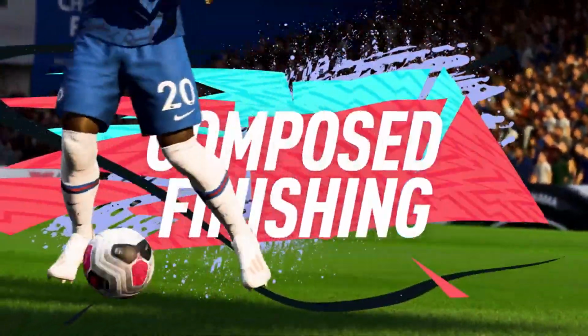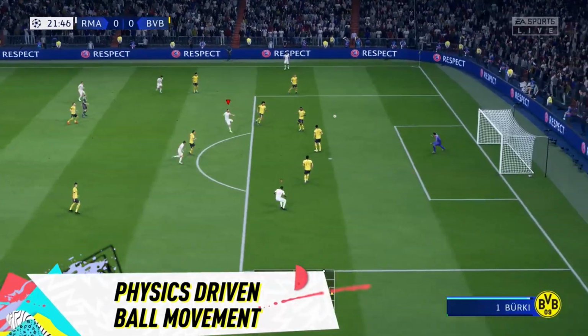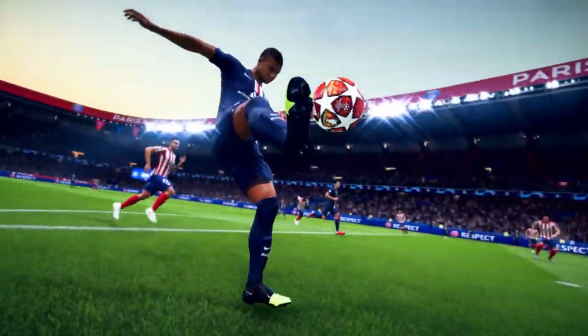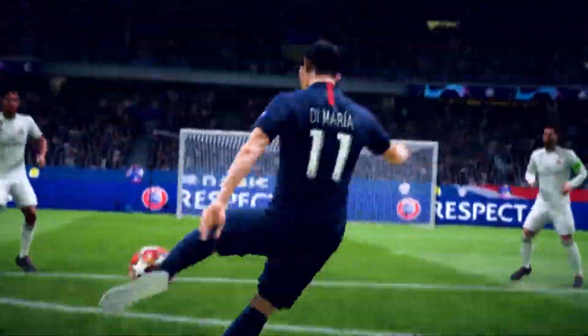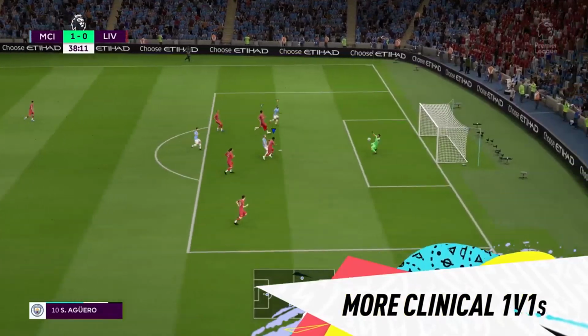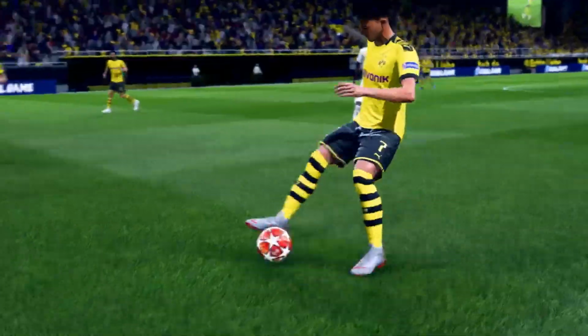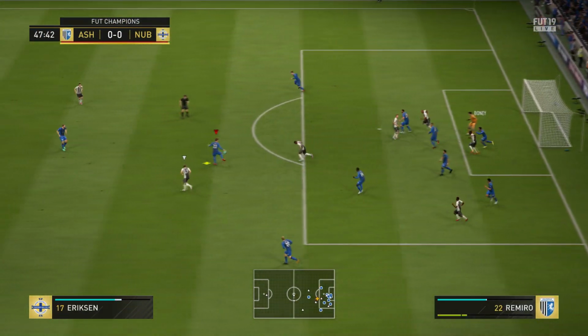Now, the last part of this trailer is the new composed finishing. Now, this is something that is really cool and exciting because one thing that we've been begging for in FIFA 19 is consistency when it comes to one-on-one chances, and EA time and time again just decided to ignore us. Now, I'm not exactly sure how composed finishing works. I don't think it's something you have to do. I think it's just something that's built into the game, but I think it just allows for, you know, more clinical shots. That's what it's saying, and you're going to convert more chances when it comes to 1v1 opportunities,